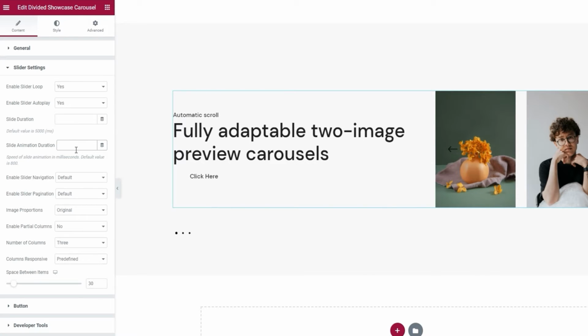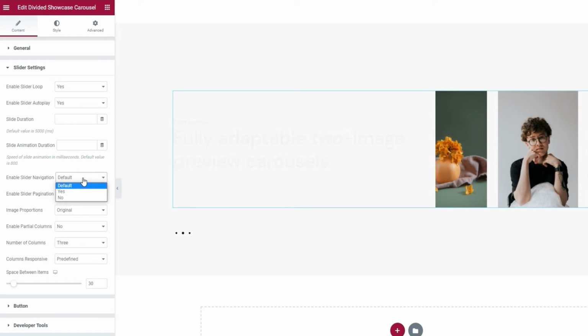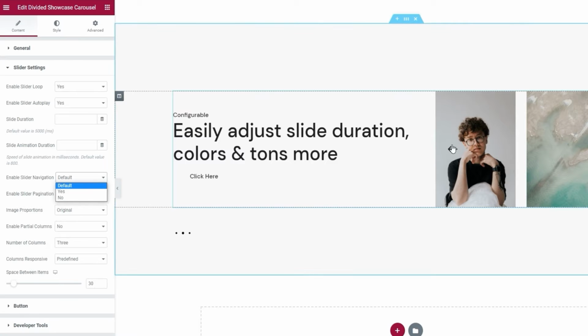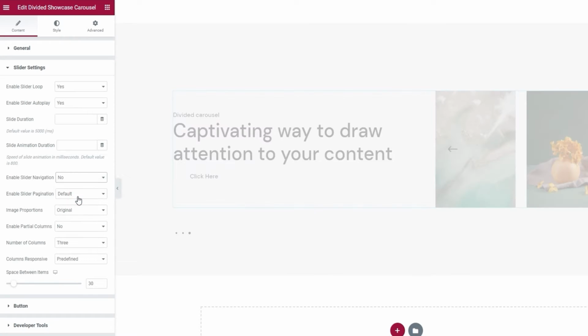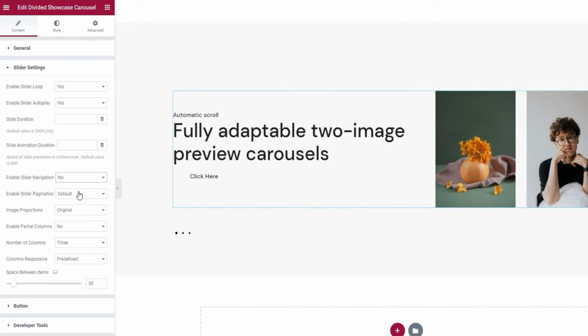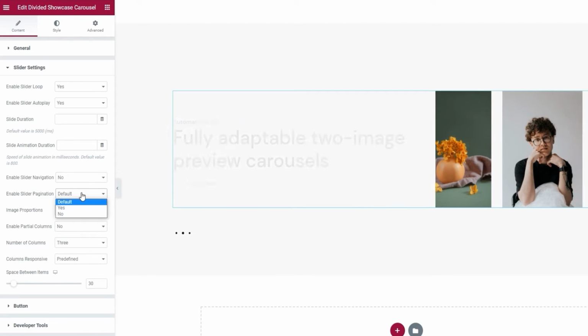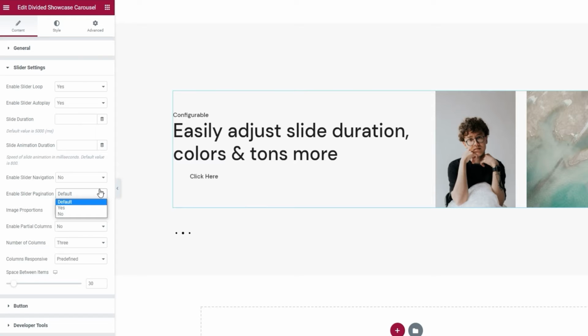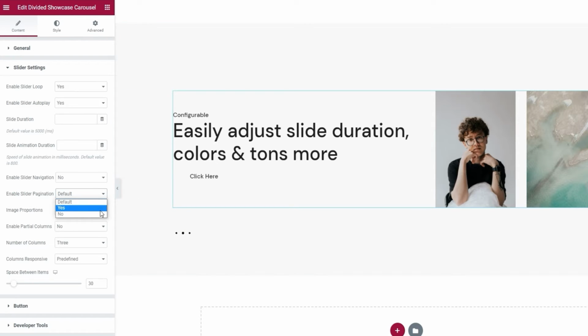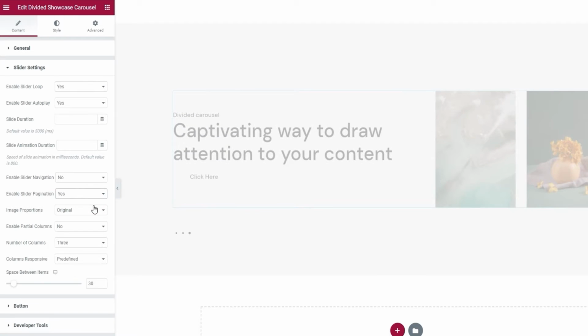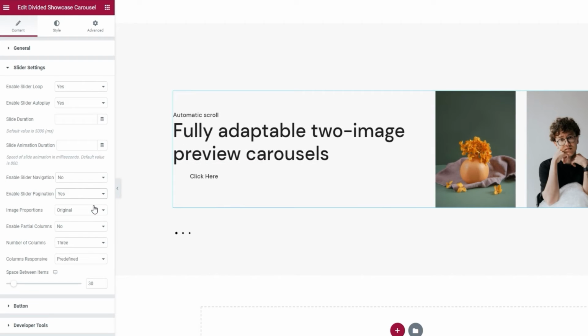back. Alright, following this we have the option to enable slider navigation. By default it's enabled, so we can see the navigation arrows here and here. You can disable it if you like, and in fact that's what I'll do. Then we can pick if the pagination will be enabled. This is also on by default. The pagination bullets are here. I'll keep this and set yes, so a glance at the options will immediately tell me what's enabled and what's